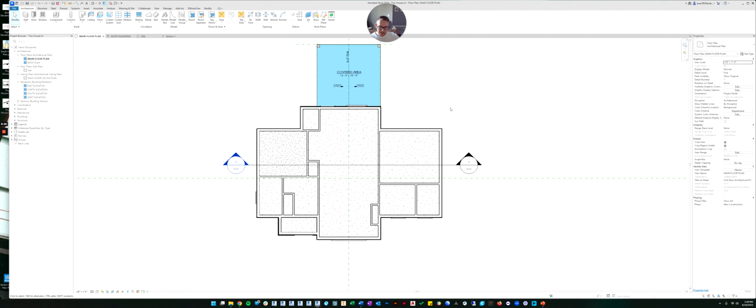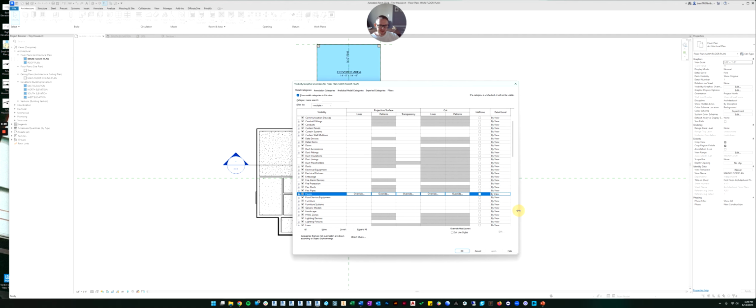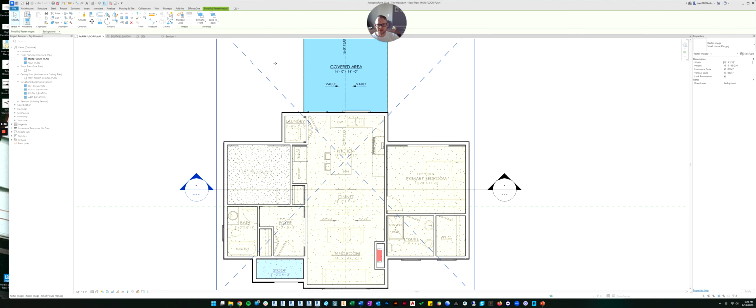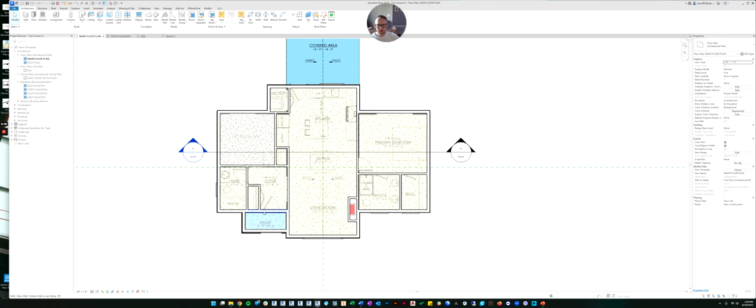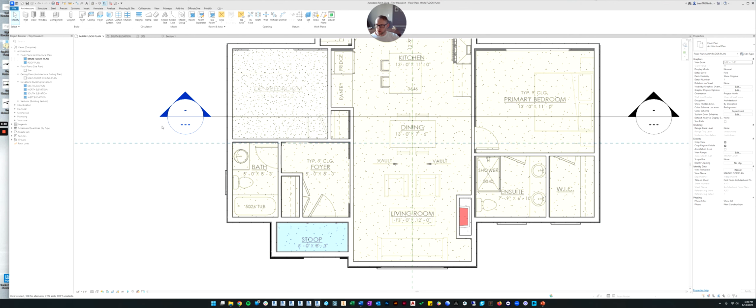If you want, if we go back into visibility graphics, if you go to the floor, there's also a setting that will allow it to be transparent. So see right here where it says transparency. If you want to make these like 50% transparent, we can click OK. And now we can see through the floor so that we can see our floor plan. That might be helpful. All right, so we'll go back to the floor command.